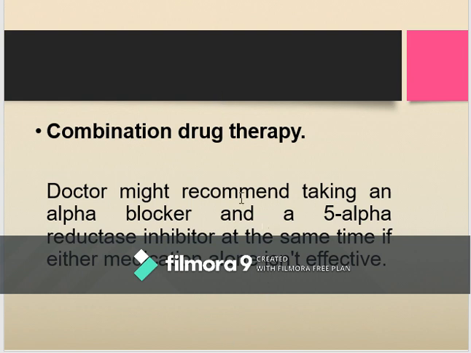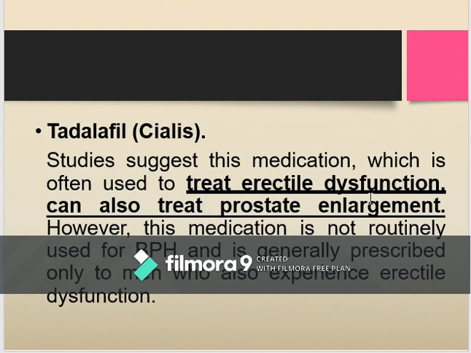Sometimes the doctor may ask you to take a combined drug, including the alpha blockers and 5-alpha reductase inhibitors. If you are taking one alone and your symptoms are not being relieved, then the doctor may advise you to take both, so that the pressure on the muscles will also be relieved, and in the meantime, we already saw that it takes almost 6 months of continuous intake of this medicine for proper shrinkage of the prostate. So this combination of drugs may help to reduce the symptoms.